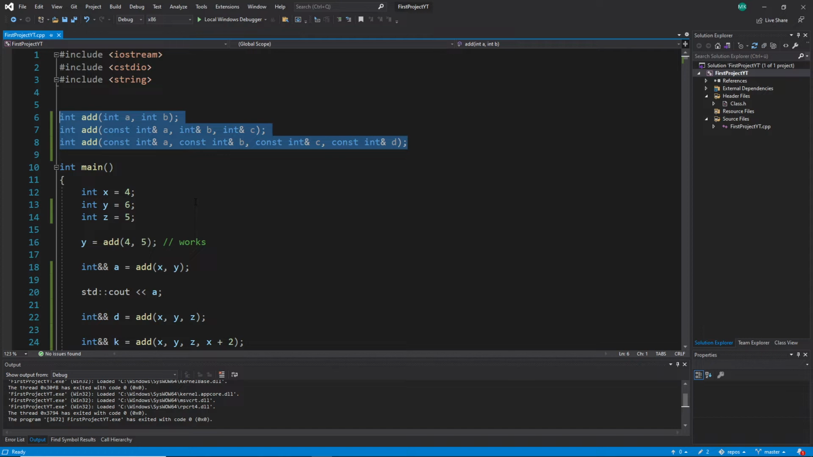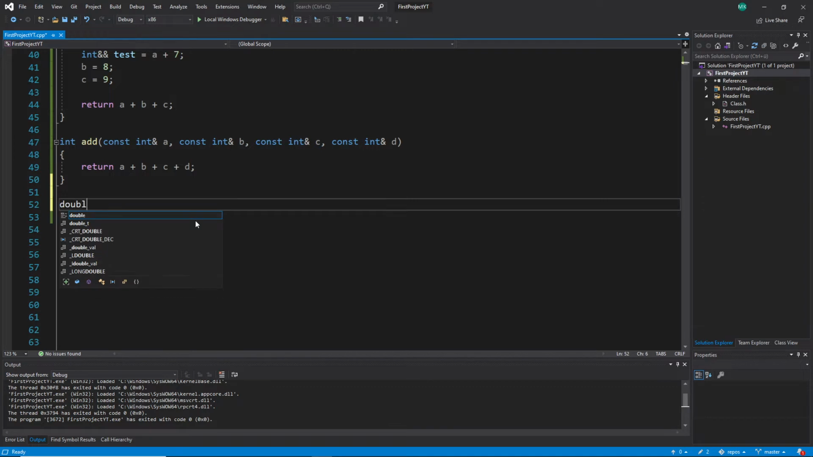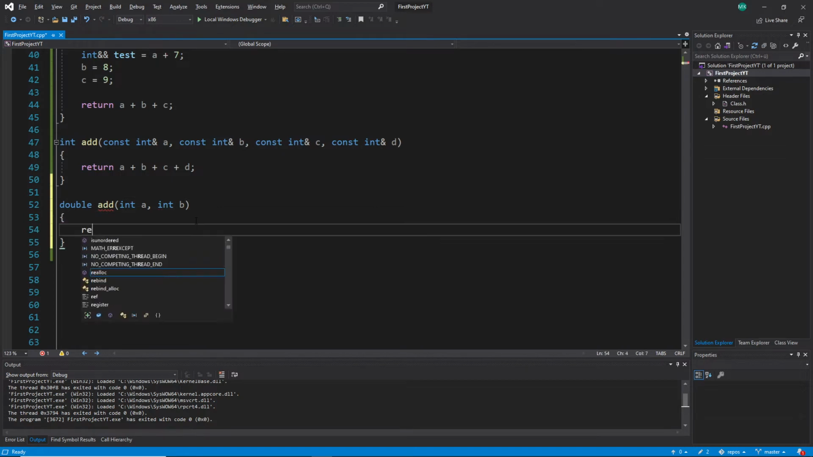Overloading means you have one name, three functions with the same function name, and the compiler must then check additional features to determine which function to choose. So let's create one more overloaded function, but this time, careful what I'm going to do. I call this one double, again add, and let's make this one very short. So let's make here an int a, int b, and let's go here, return,